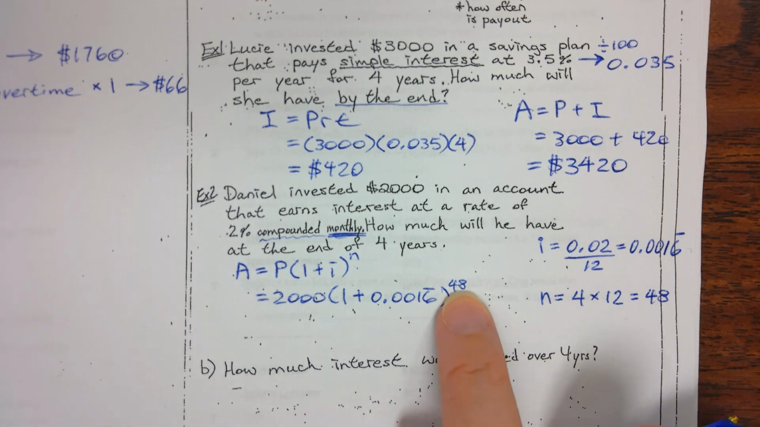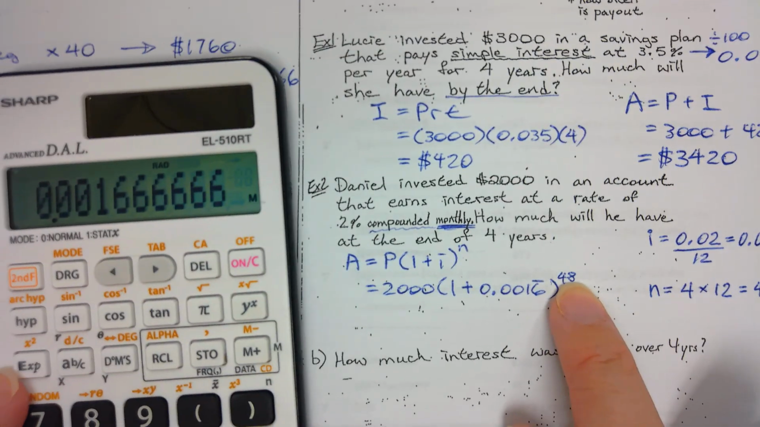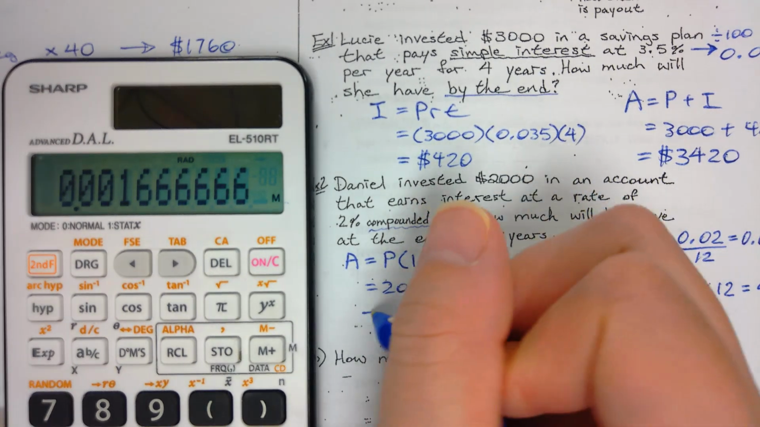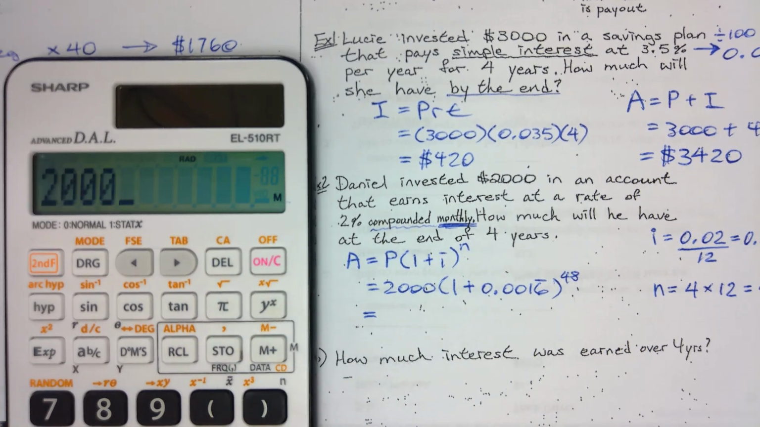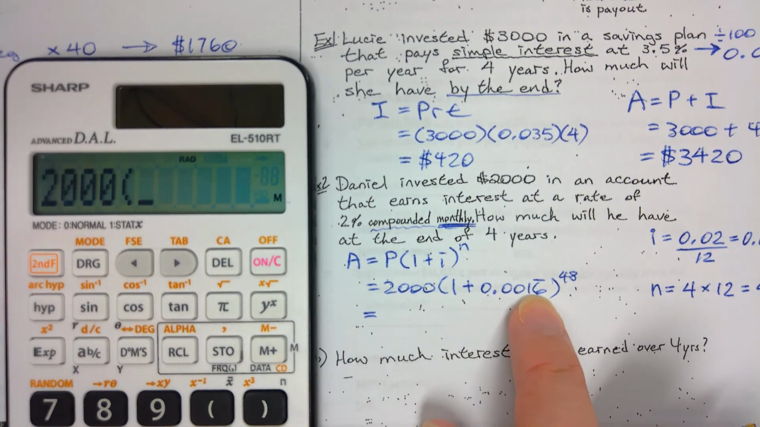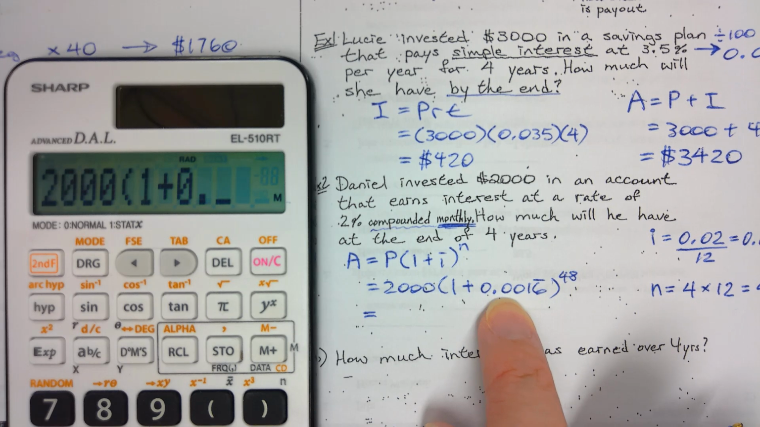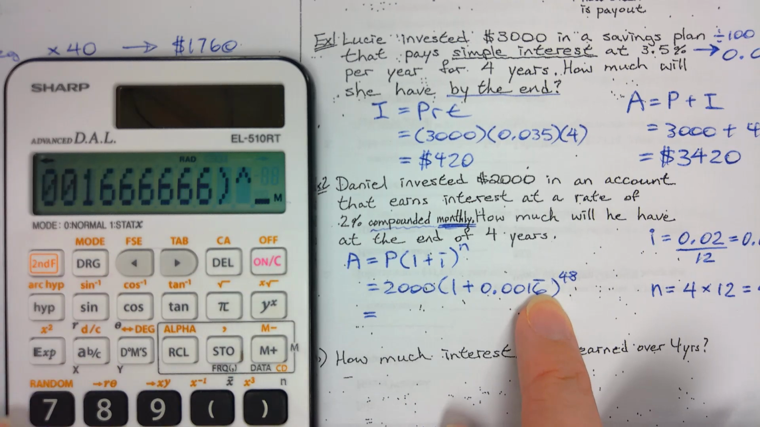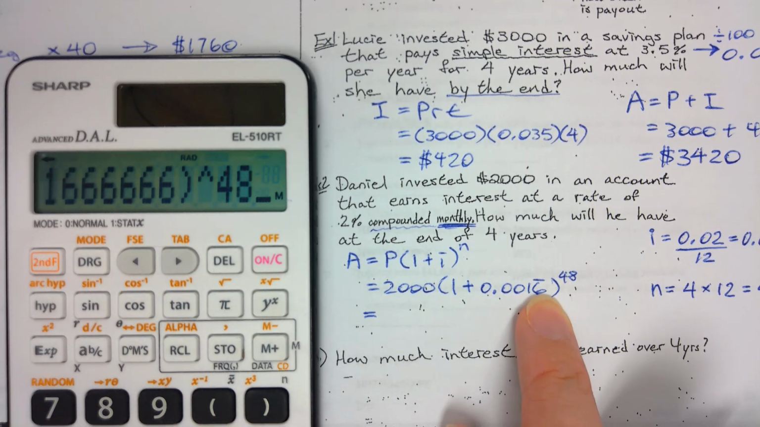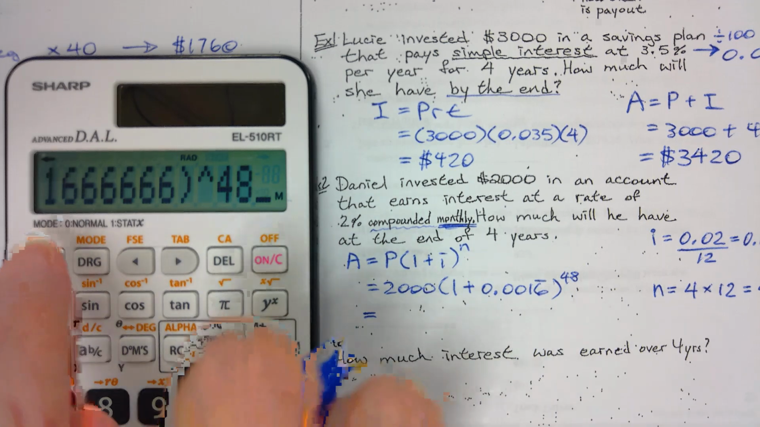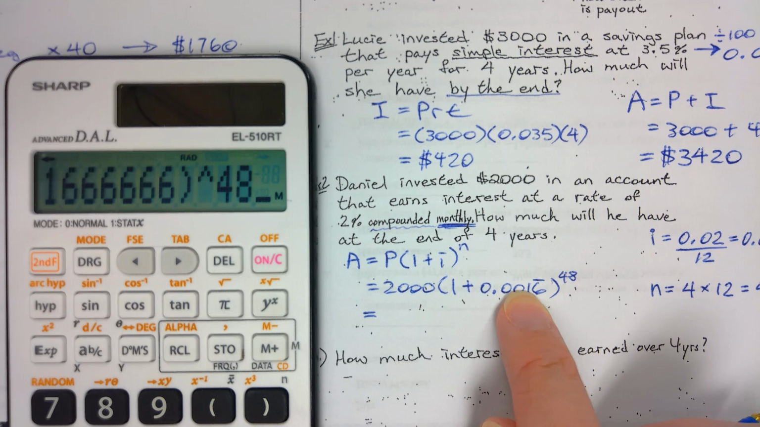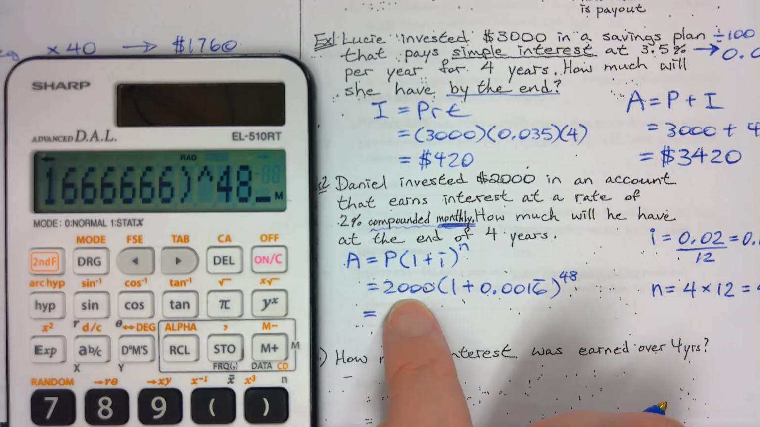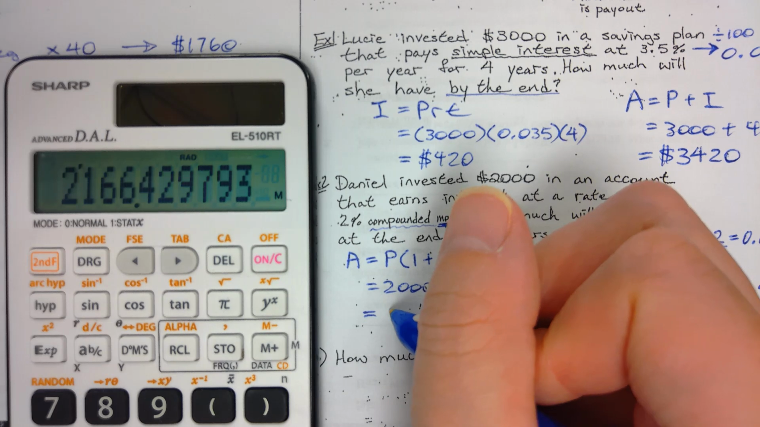Okay, so now we can use our calculator. If your calculator shows you what you type in, then you can just simply type in everything as you see. 1 plus 0.001666666, and then raised to the power of 48. Okay, like that. If your calculator does not show you what you type, then you have to do math yourself. So add first, and then do the exponent, and then multiply. And it should give you